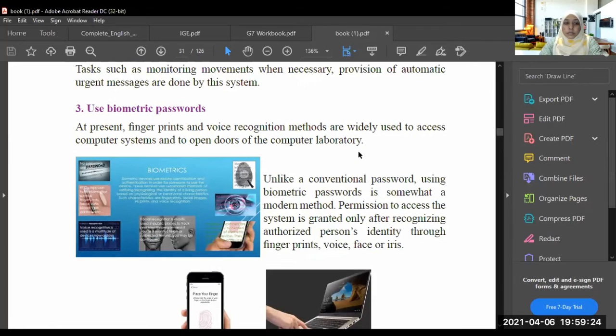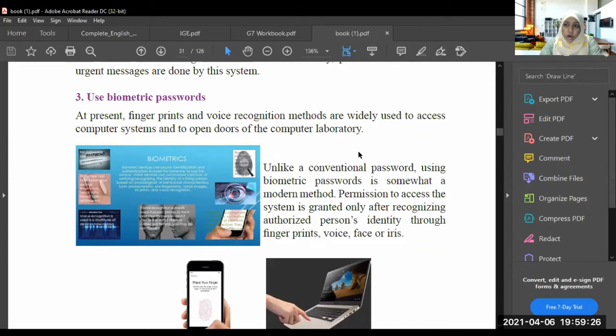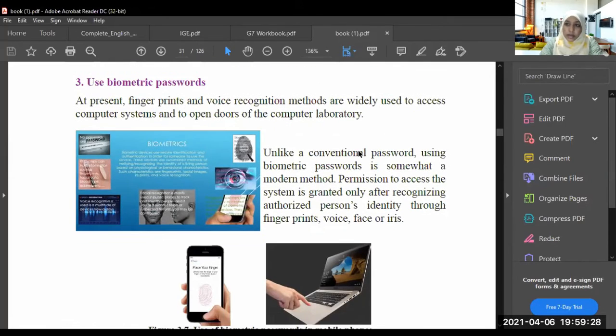For an example, there are some doors, right? They have a small machine. These doors are locked, not with a lock. There is no lock, no key. The machine is there. If you want to open the door, you should swipe your fingerprint. Then only the door will be opened.